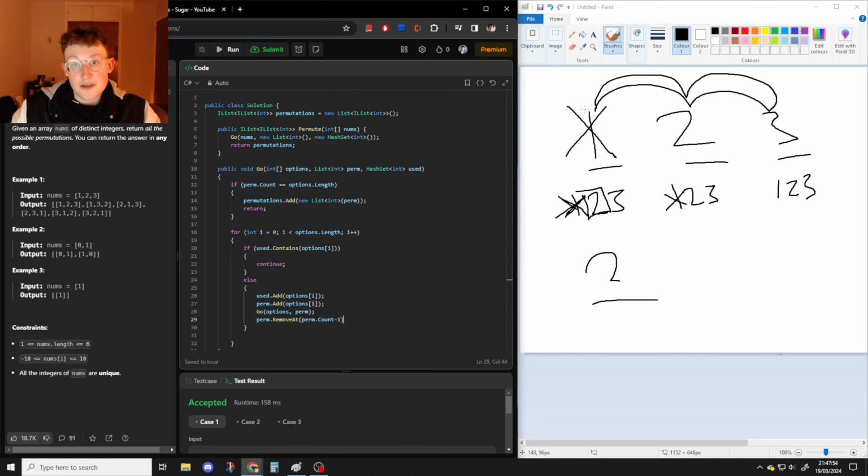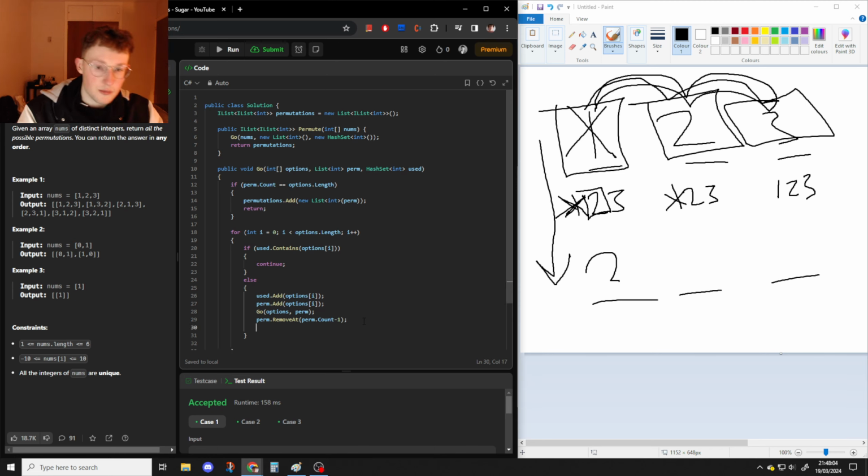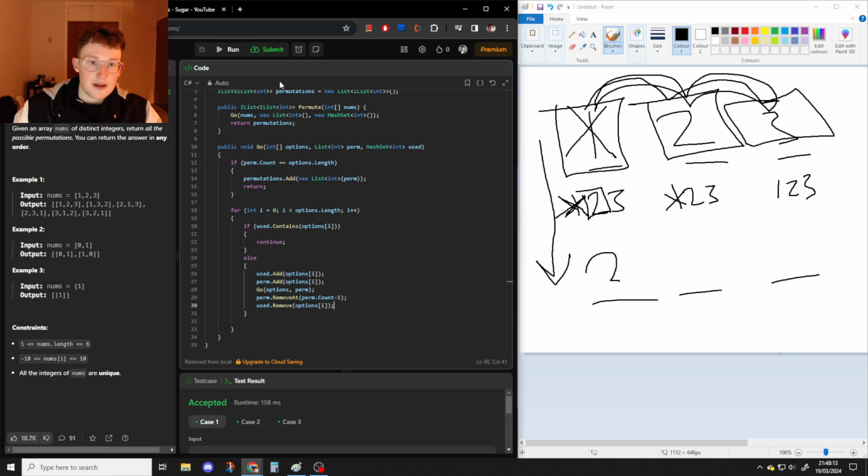So each time we get to the end of an option here, it'll remove this, then it'll remove this, and then it'll remove this. And we can then go down to the next version and start the process over again. So we remove it from the current permutation, and then we call used.remove on the current number, and that should be everything